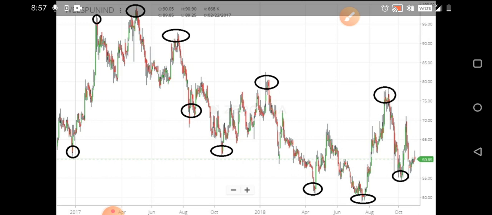Okay, so hope you have understood what is support and what is resistance. Practice as much as you can. Take as many charts as you can and draw the support and resistance by the rules we have discussed. Definitely you'll be learning something new related to support and resistance, especially for beginners.